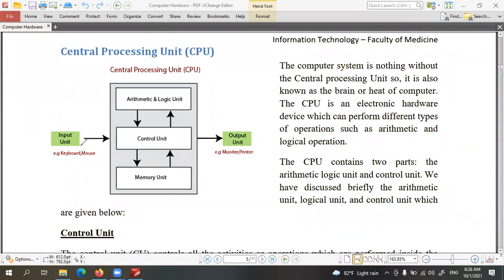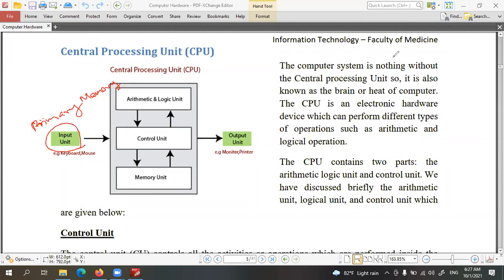So all the inputs. Here you must understand this input unit is not the actual input devices. This is primary memory, which we call RAM, random access memory. This is from primary memory, not input devices, because this is the central processing unit.